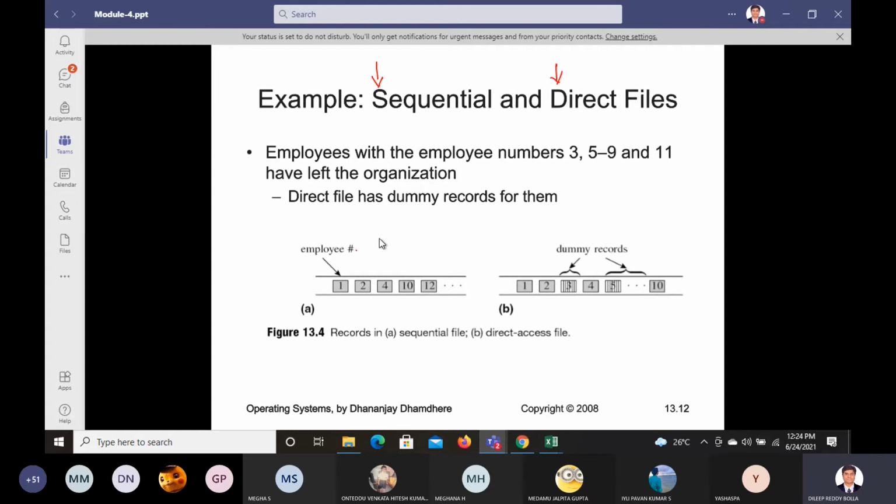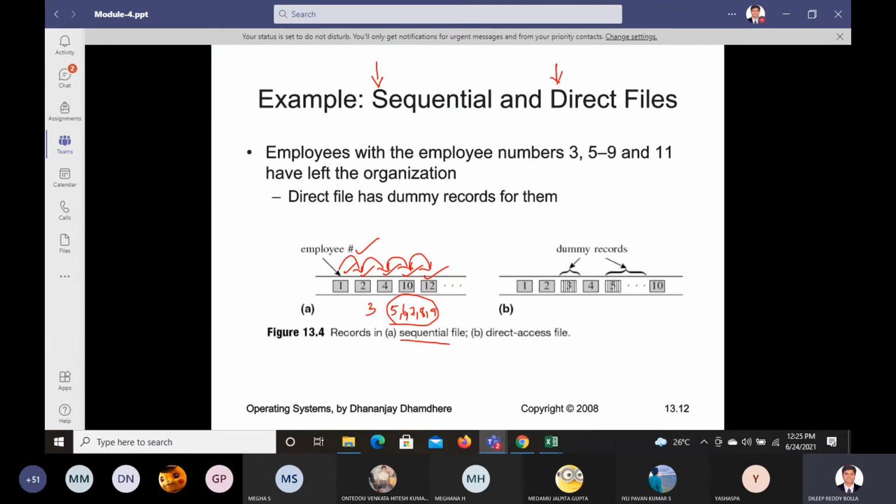Let us say we have employee IDs 1, followed by 2, 4, 10, 12. What is this? It's a sequential file. It can be increasing order or decreasing order. We may skip some numbers. Let us say 3 is not there, and 5, 6, 7, 8, 9 are not there, but as long as you are going in incremental order, you can still call it a sequential file. It can be either incremental or decremental.